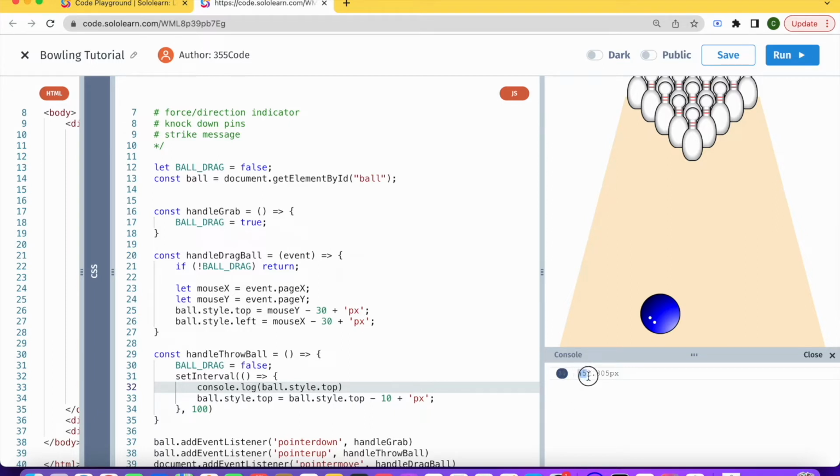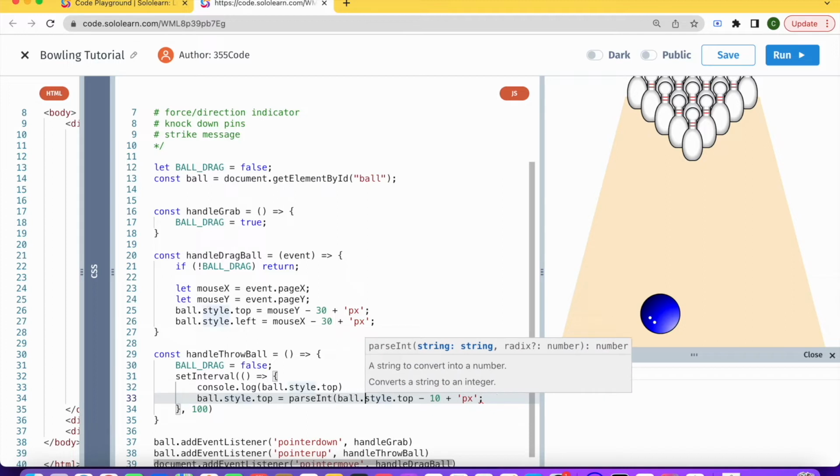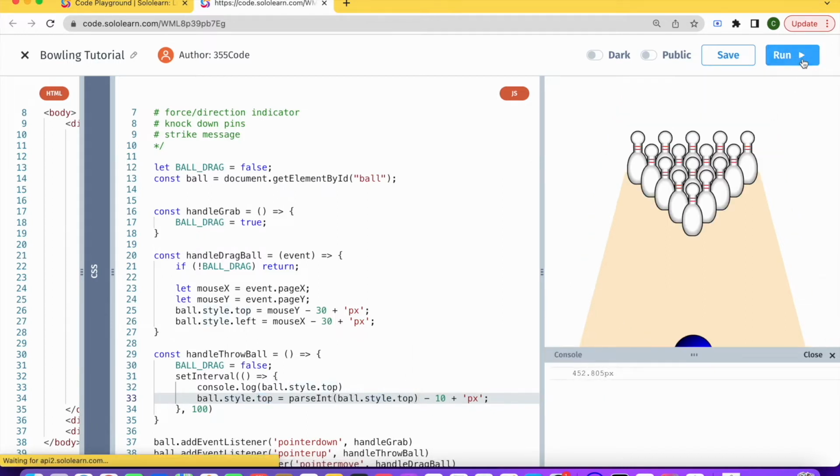it's 452 dot something pixels. Okay, so this is a string, but 10 here is a number. So we need to convert this into an integer, into a number, and we're going to do that by using something called parseInt. And this will turn this into a number. And now if we run our code again,